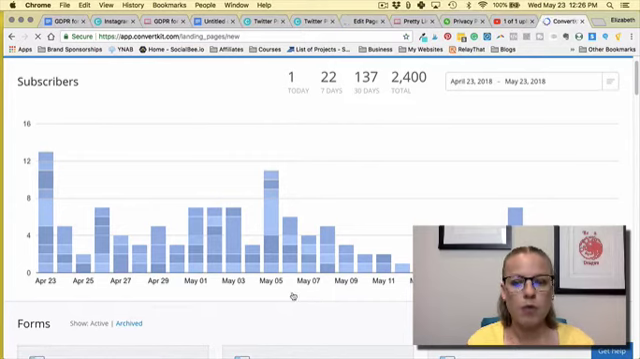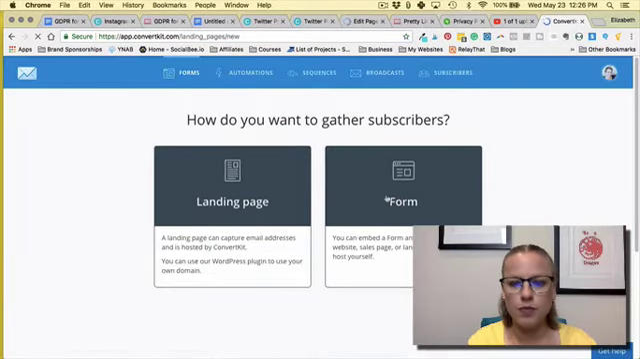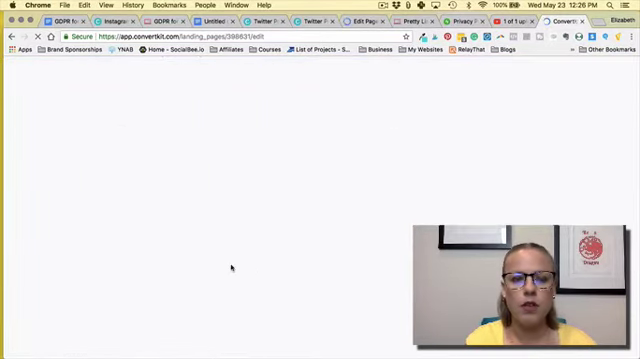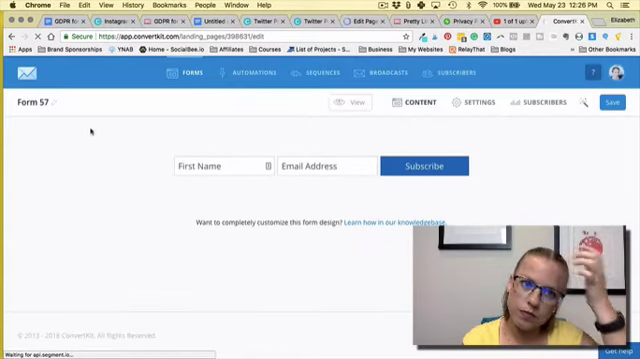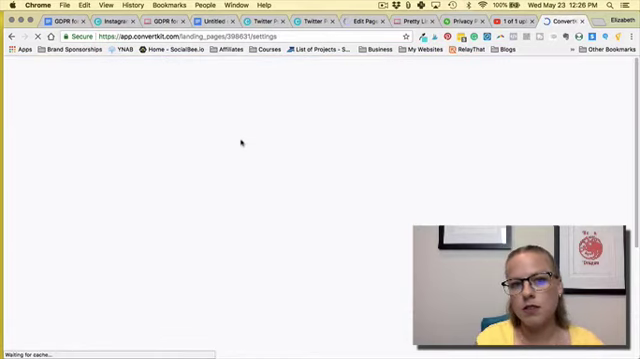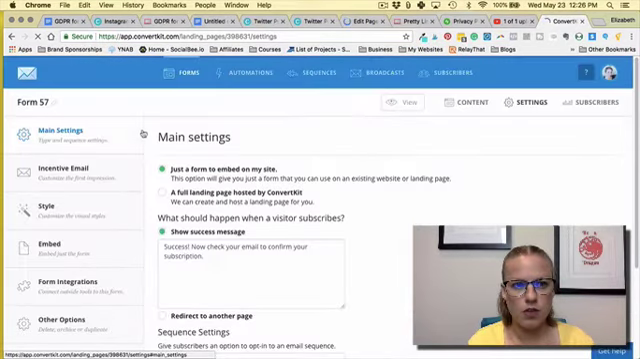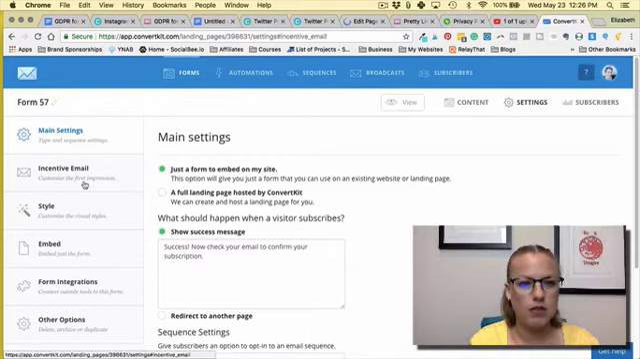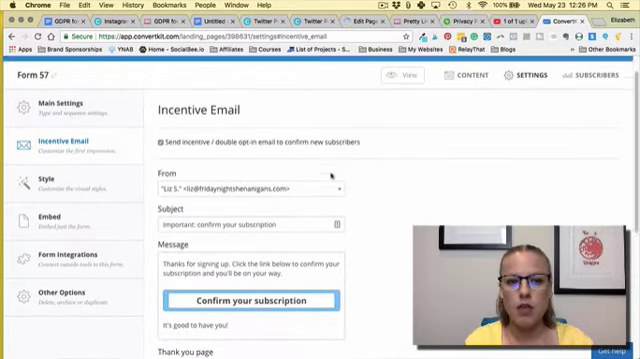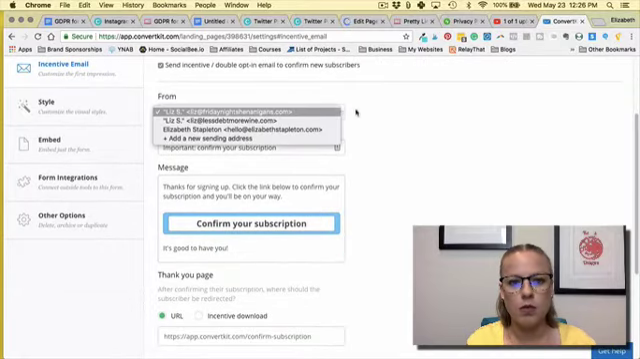So I'm going to go ahead and create a form just as an example. So when you're in your forms, just do a very general blank form. You can name it something else. In the settings, you have that incentive email where people a lot of times will use it to deliver the freebie. So how it works, this is the old email, but anyway,